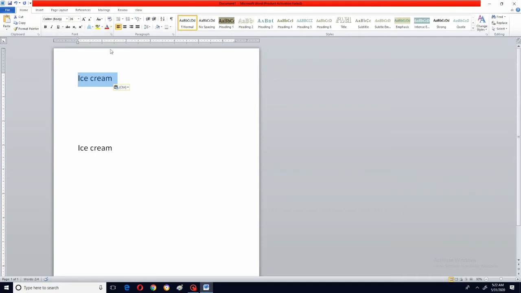I have selected ice cream and I am changing the font color. See, the font color, I am changing to red. Now I will change the background of ice cream to some other color, like this. Now see, this format, the yellow color with red font, will be copied to another text. For example, I'll type something else here, school.